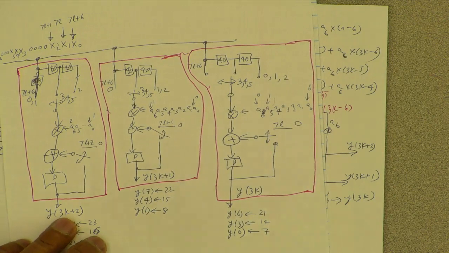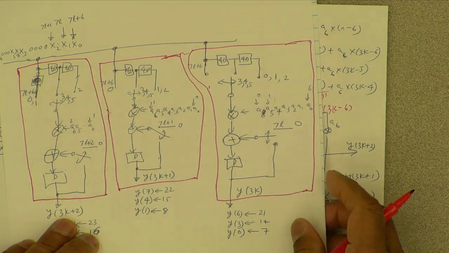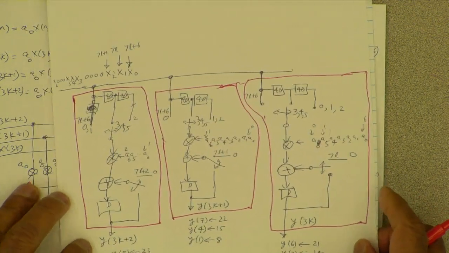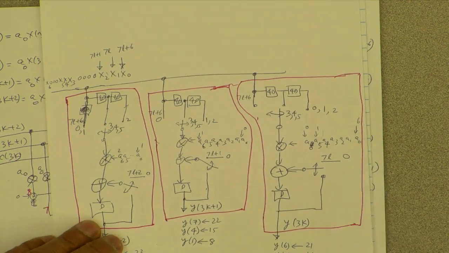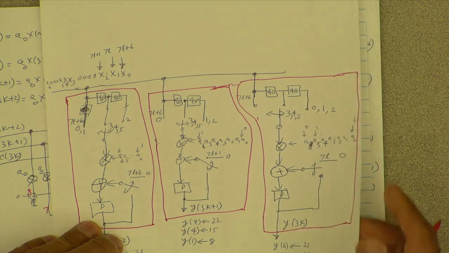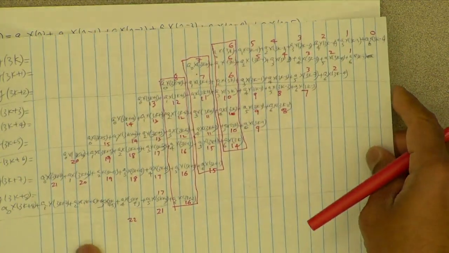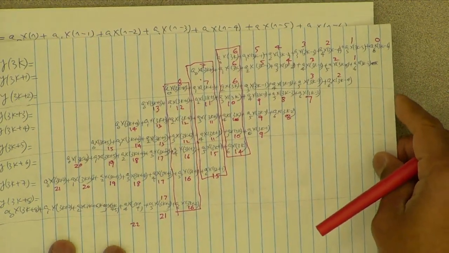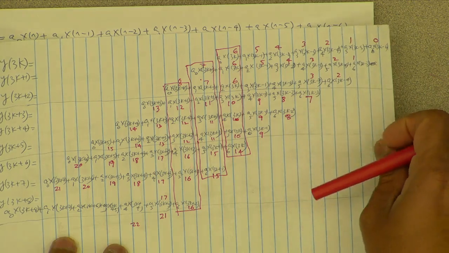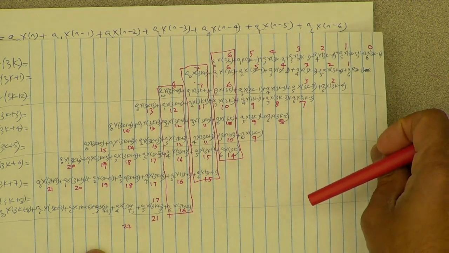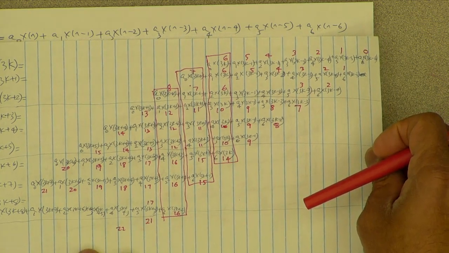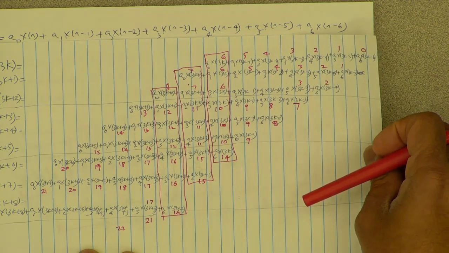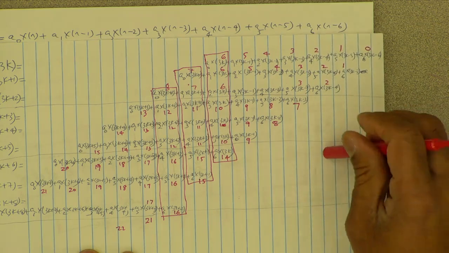Why do you put 4 delays? Yes, there is a reason. That's a good question. What I am showing here is because it is a 7 tap filter, each signal sample is a part of 7 outputs.